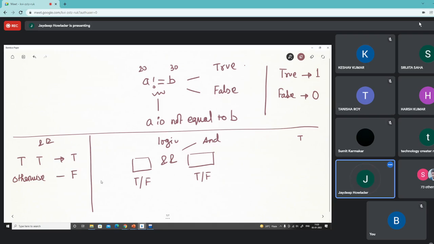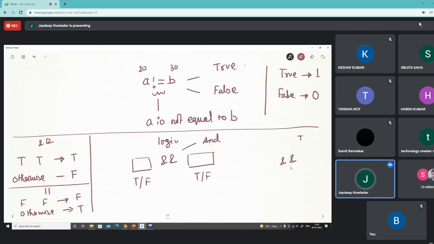Similarly, the OR operation, which is a vertical double bar: if both sides are false, then we get a false, otherwise we get a true. Okay. So now the logic operation takes a left hand side argument that is true or false, and the right hand side argument is also true or false.